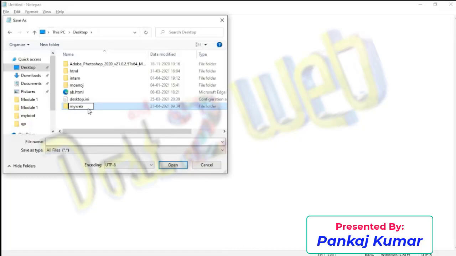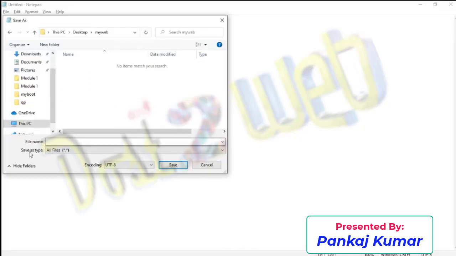We'll go to this folder, and remember the extension should get changed in Save as type, otherwise it will be a problem. Any website, whether you write it in HTML, PHP, or Java, that means JSP, or .NET, is different. Generally we write the name index, which will be the first page of any website.